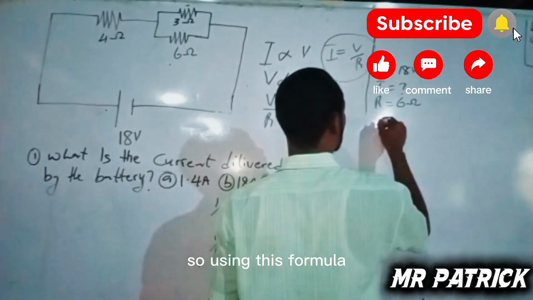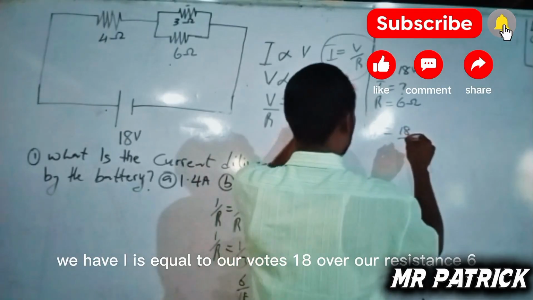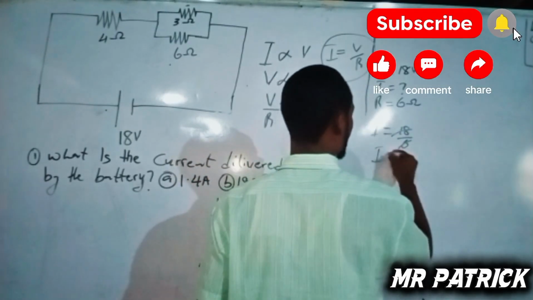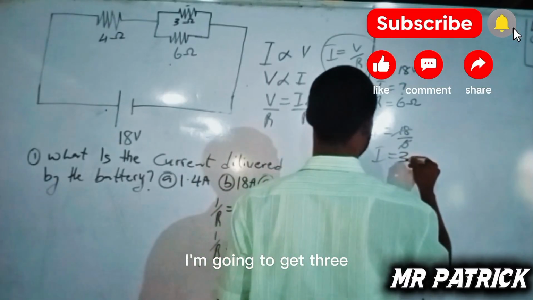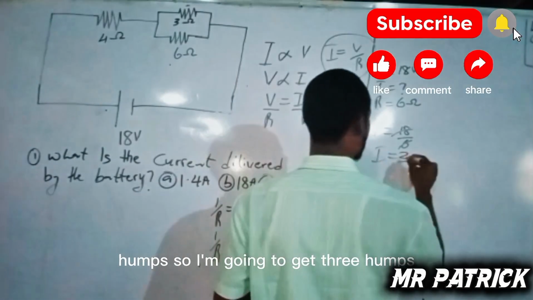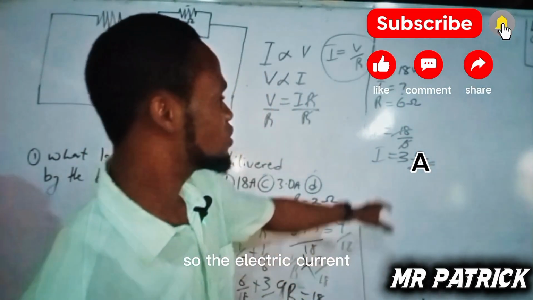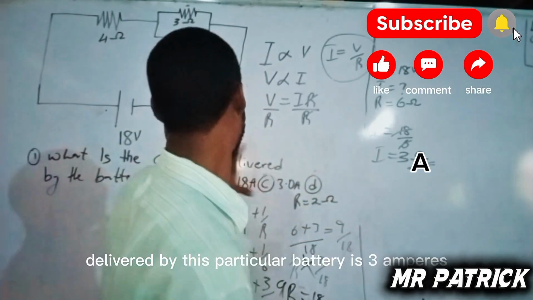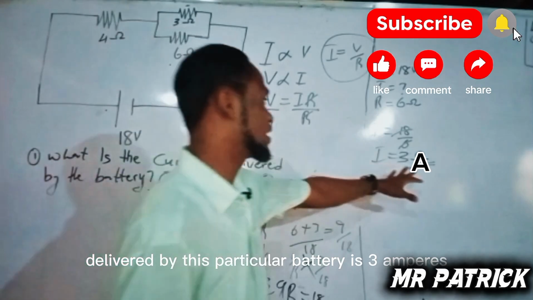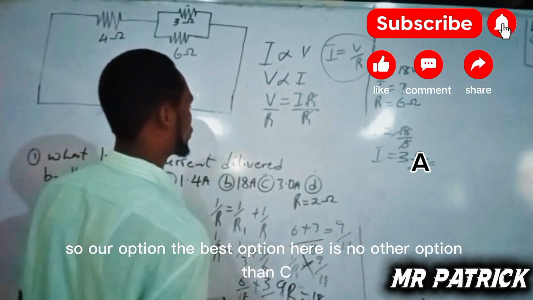So using this formula, we have I is equal to our volt 18 over our resistance 6. So divide, we're going to get 3 amperes. So the electric current delivered by this particular battery is 3 amperes. So our option, the best option here, is no other option than